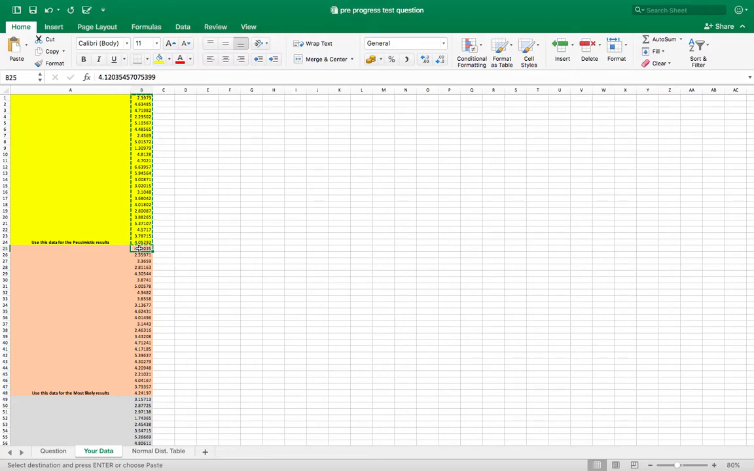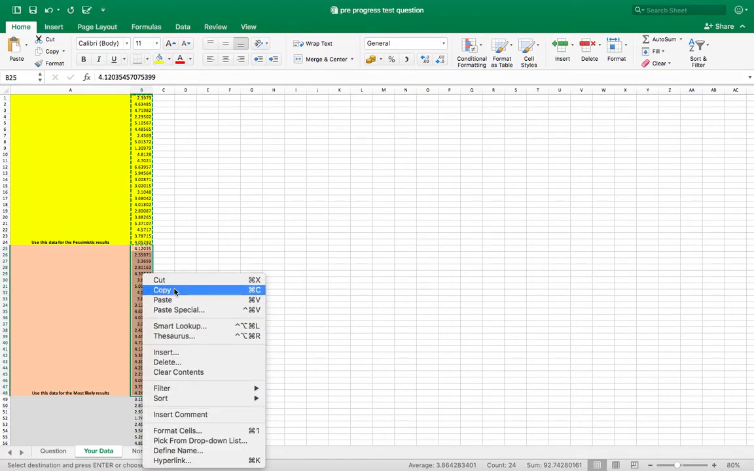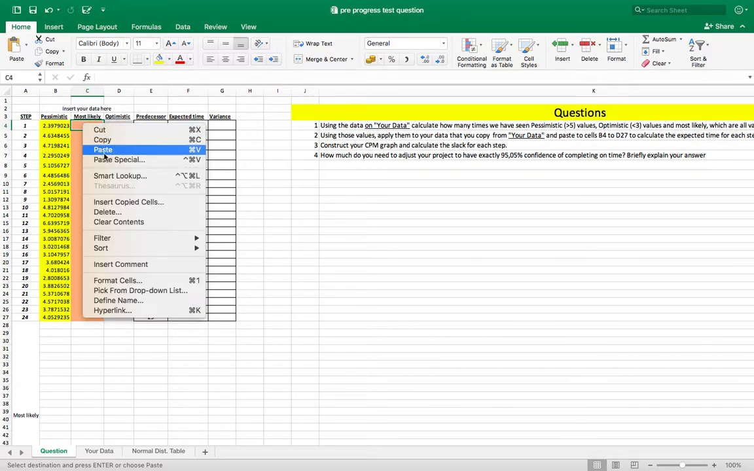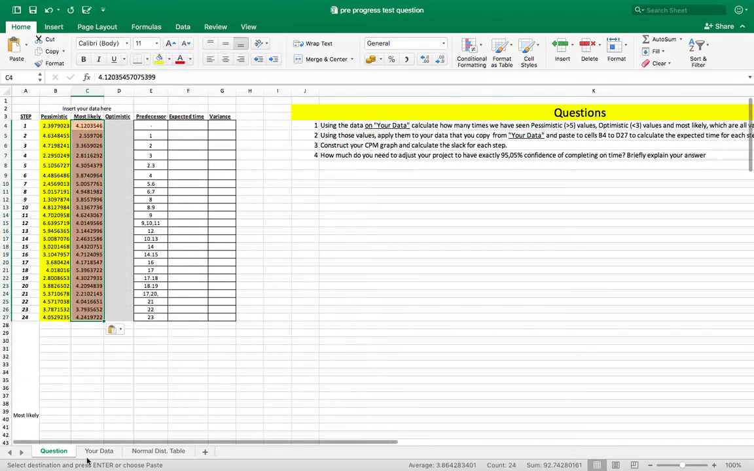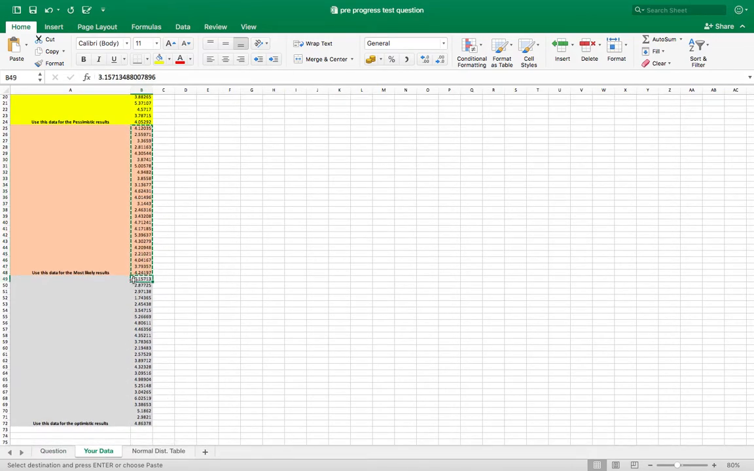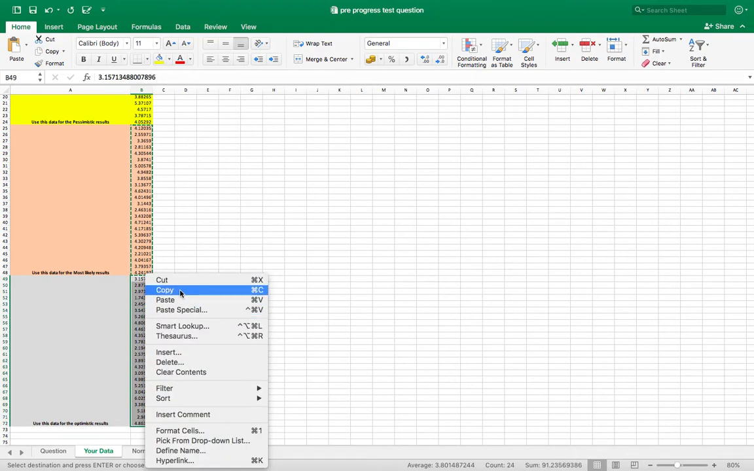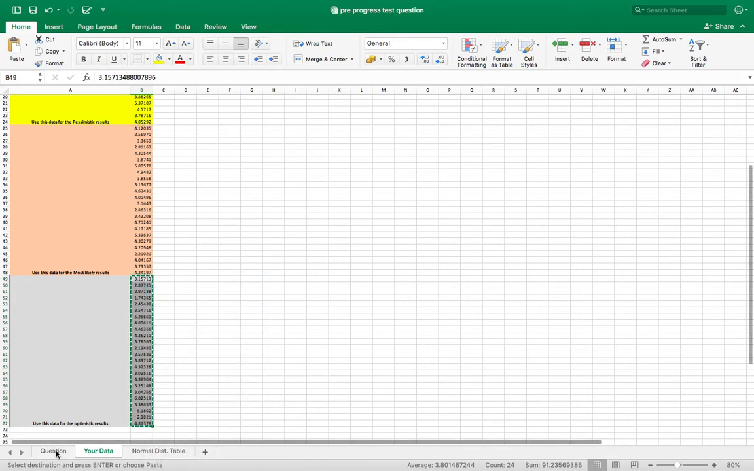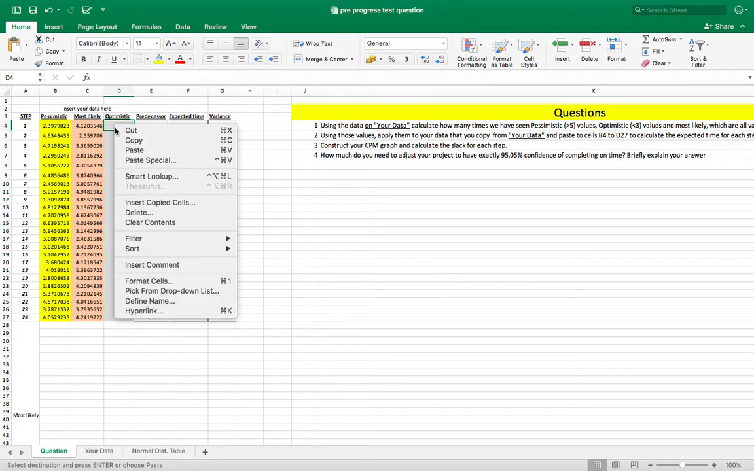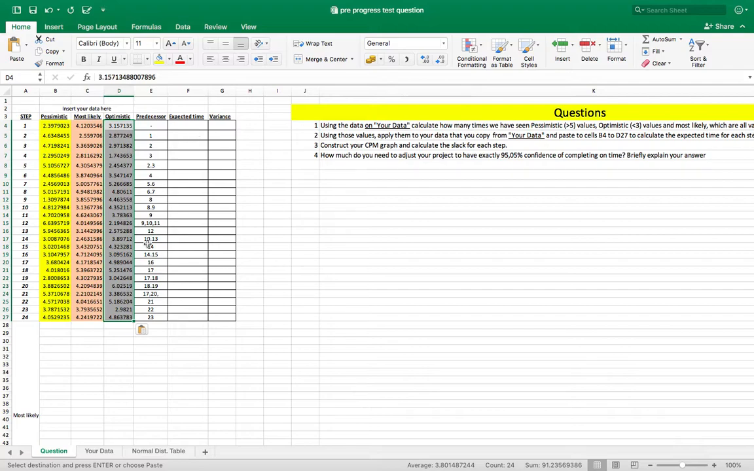Then we go for the most likely, and we just copy them and we go to the most likely box, and we make sure that we paste them in the right box, otherwise it will change all the results. Then lastly, we have the optimistic values, which we will paste in here. So now that we have all the correct data pasted here,